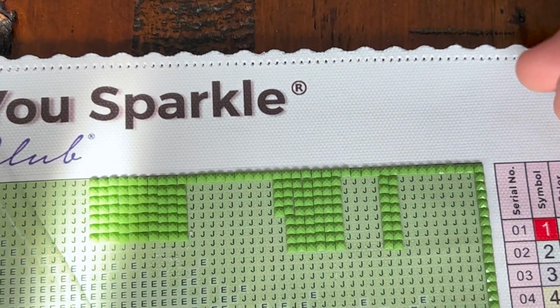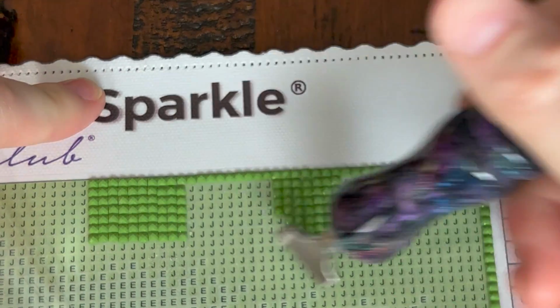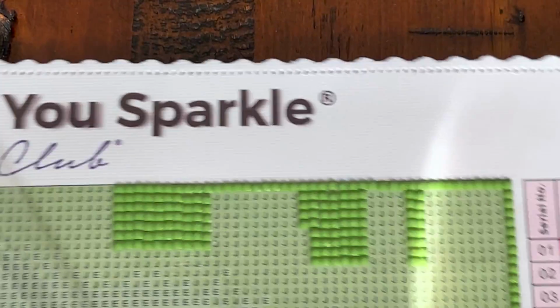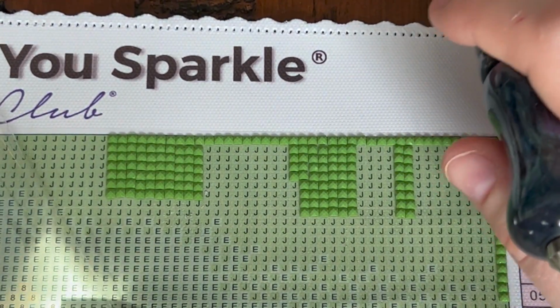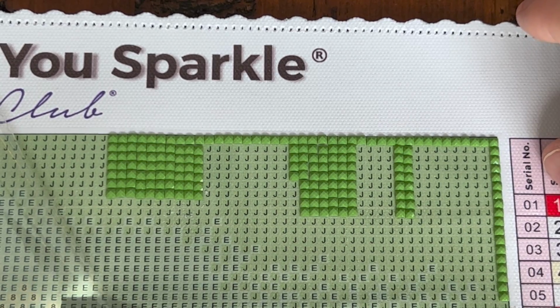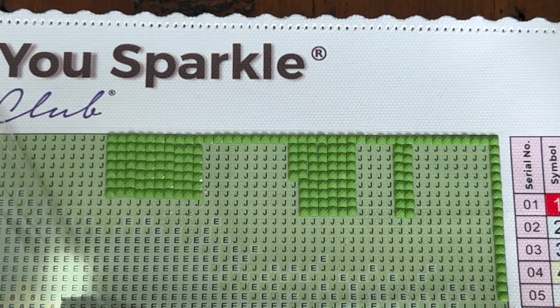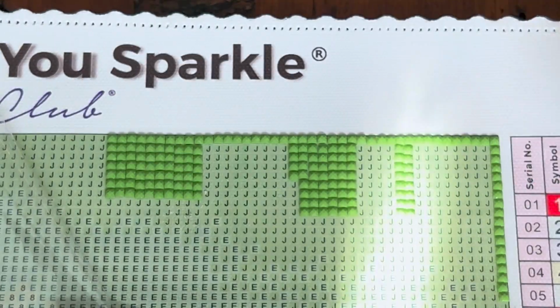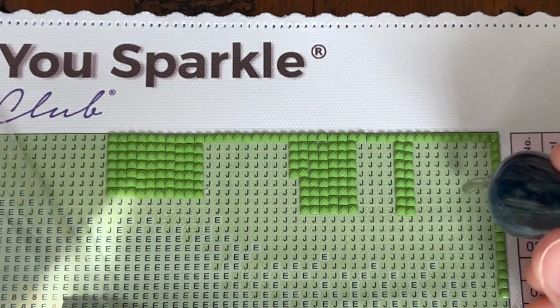What I do is I work section by section, so I would finish filling in all these J's and then maybe some of the E's, and then I'd move on to the next section. It's really up to you how you move along in your diamond painting. It's just a matter of preference and finding what works for you. I hope some of these tips were helpful in working with squares, and most importantly, they just need to be